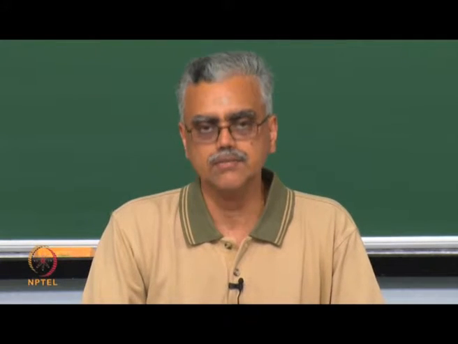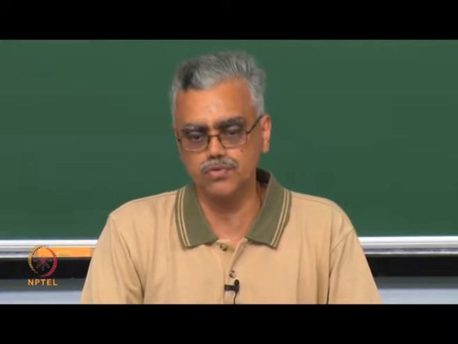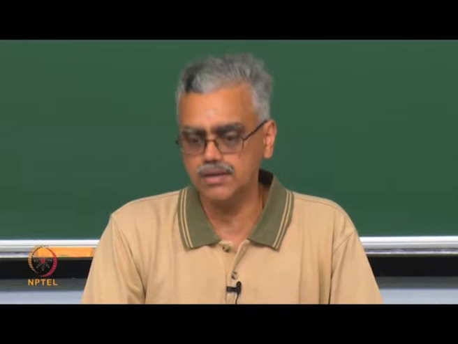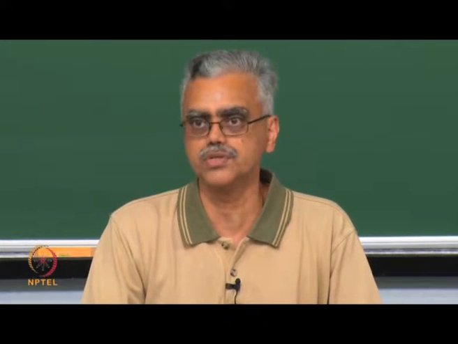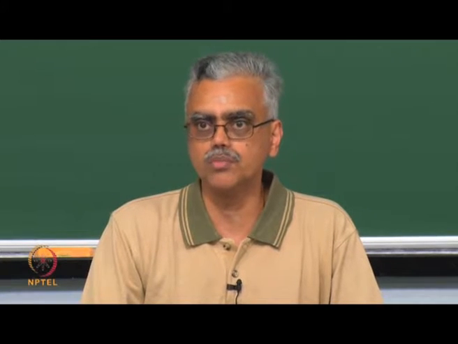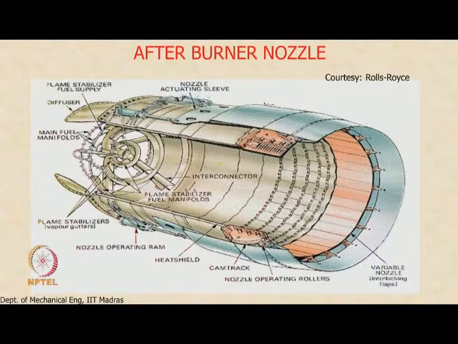For example, we said that the purpose of a nozzle is to produce thrust, and also it must be used for thrust reversing. Now, an afterburner nozzle will not have the capability for thrust reversing, so it will produce thrust, but in addition it must also be able to operate with the afterburner on. So the nozzle is somewhat specialized, and as you can see from here, the nozzle is longer because there is